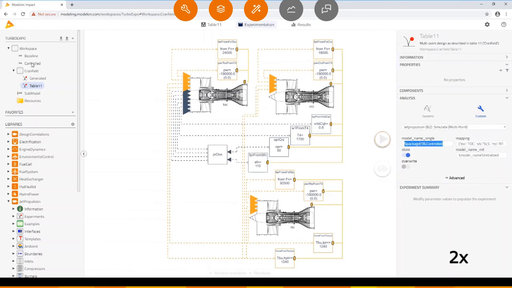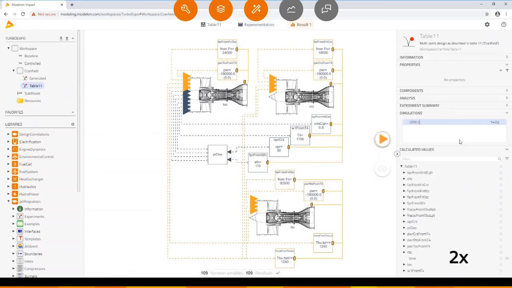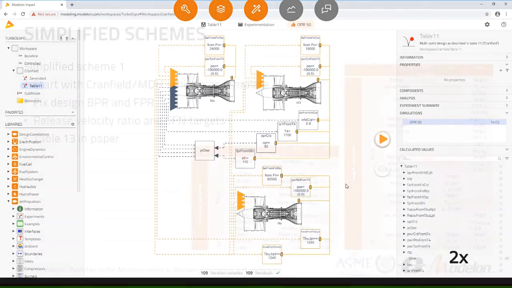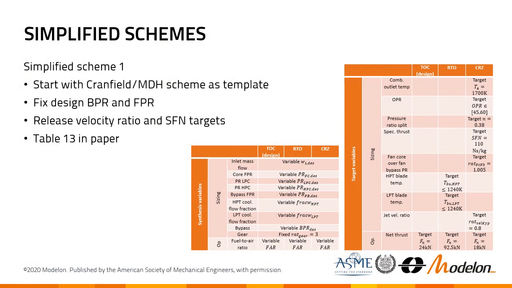Once we're ready to run the multi-point setup, we reuse the tagged single point results as guesses for the complex multi-point model. We define the name of the multi-point experiment and the mapping on reusing the results. Here we're reusing the top of climb results because we don't have cruise results to initialize the cruise point. The result is again named, in this case, OPER 50. With the first converged point of the multi-point setup, we're now ready for trade studies and can start writing analysis